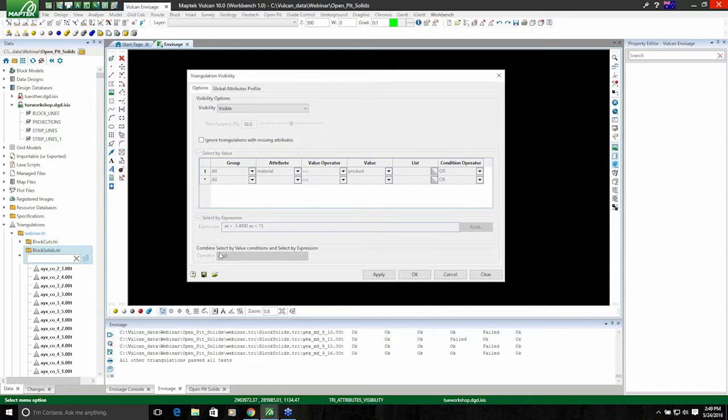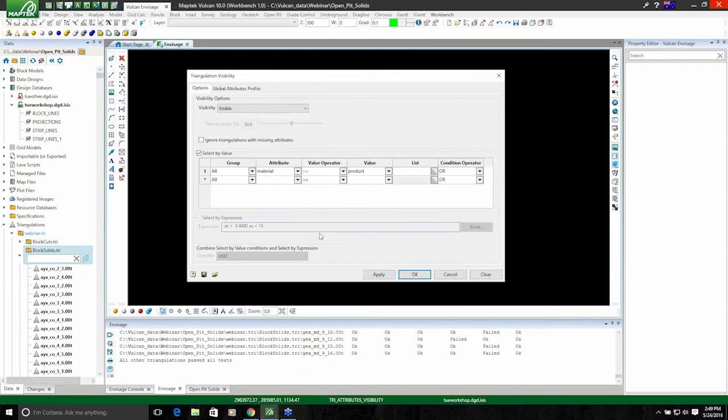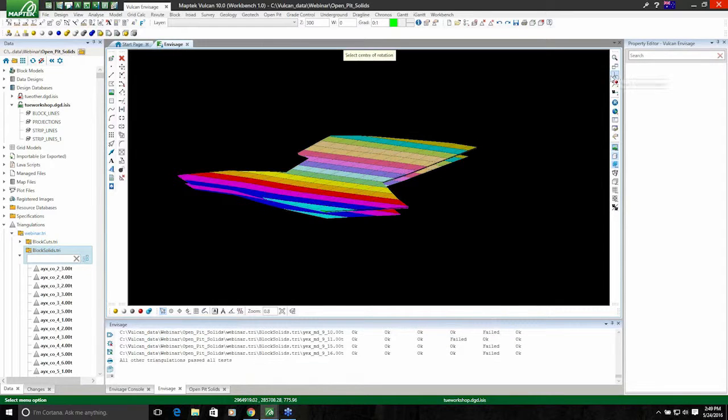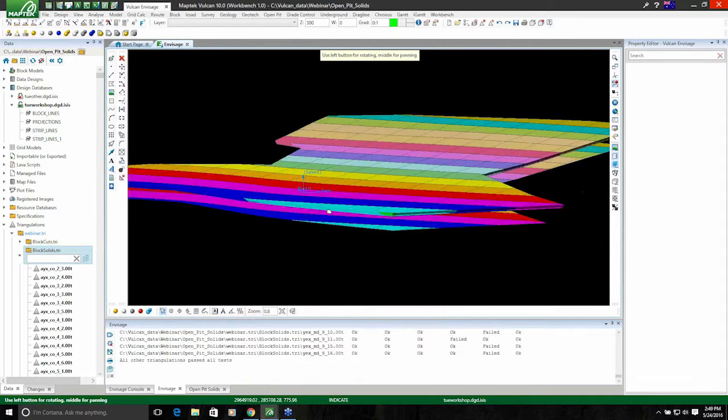And down here, I've added this "and", I want to view only the coal seam that has an ash value of 5, or larger than 5 and less than 15. So if I hit apply, whoop, go up here, that step gets me every time. Apply that, and okay. So we've thinned down to just our coal seam plies there